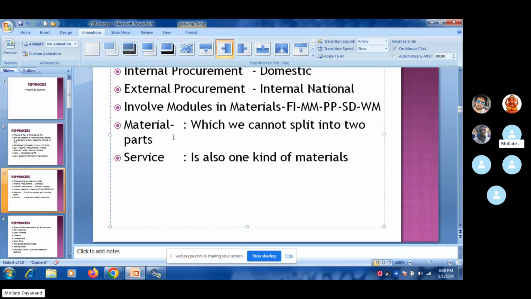That is in the scenario of ECC, but we are discussing S4HANA. So in S4HANA, there is one option given for the service. As we all know, material is only for the procurement purpose, but service is also one kind of procurement, because we have a service